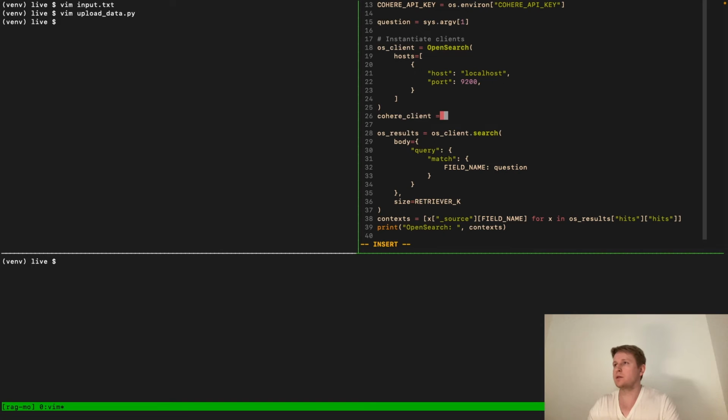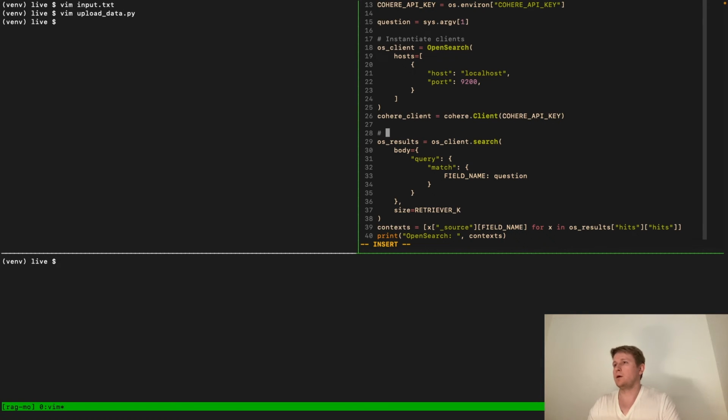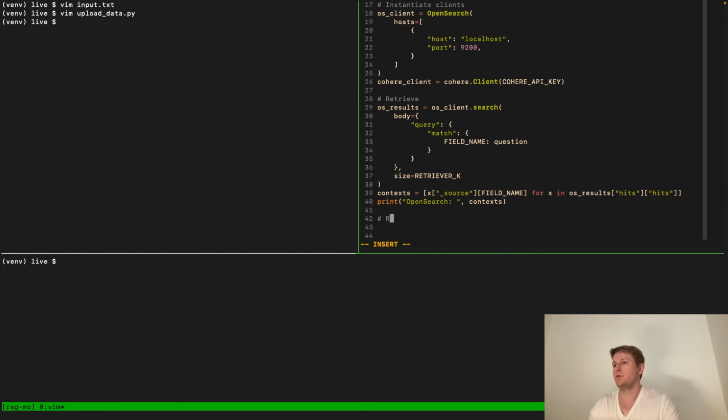So Cohere client is going to be Cohere client with the Cohere API key. Now we want to do rerank, and this one should be super straightforward. We do Cohere results equal to Cohere client rerank,